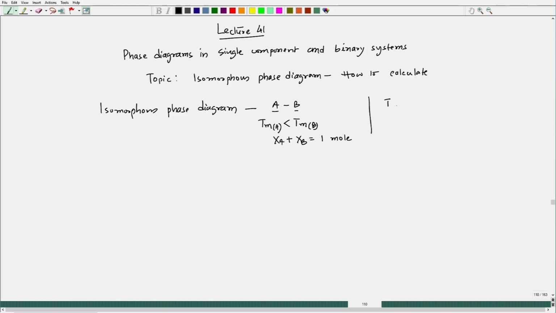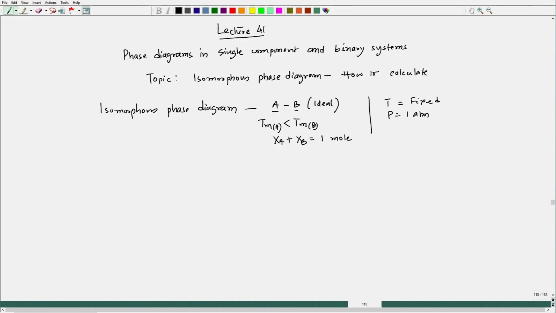Temperature and pressure are constant, the pressure is 1 atmosphere, and temperature. So, what we are doing, we are actually keeping the temperature constant and then trying to see the equilibrium between solid and liquid solutions at different temperatures. So, this is also fixed for a particular equilibrium consideration. Now, of course, this is an ideal solution,